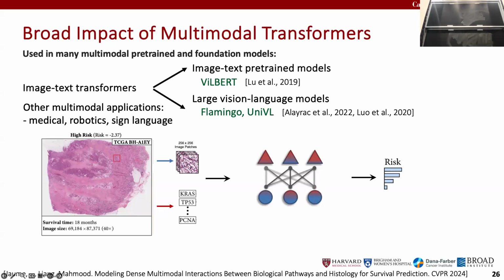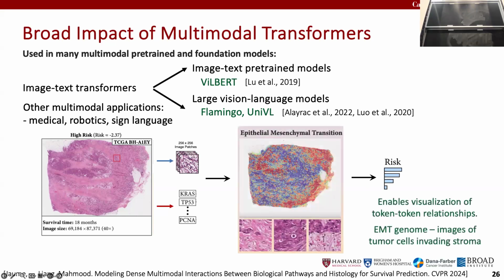In the case of cancer, for example, these models were actually reasonably interpretable because you could look at which pairwise interactions the model emphasized in making a prediction. And over here, I'm showing one example. This EMT genome was highlighted by the model, a genome known in biology to be indicative of the aggressiveness of tumor cells. In fact, this model has both highlighted that genome and also highlighted the regions of tumor cells that are aligned with existing hypotheses. That's an example of an interaction that the model has learned using multimodal transformers.